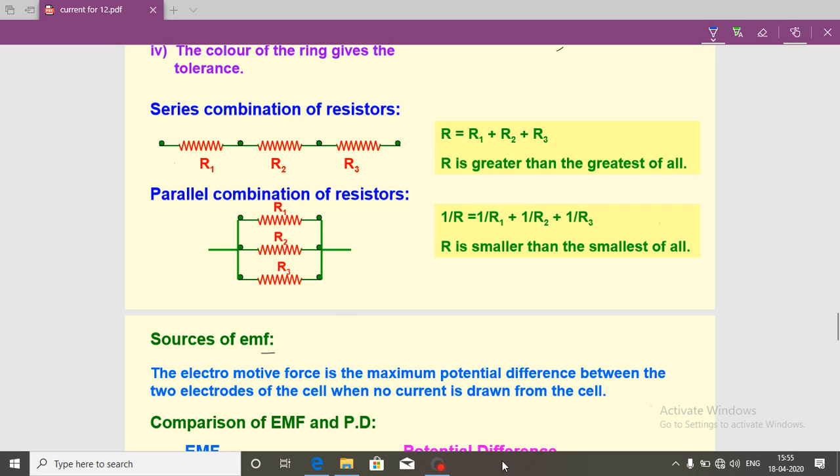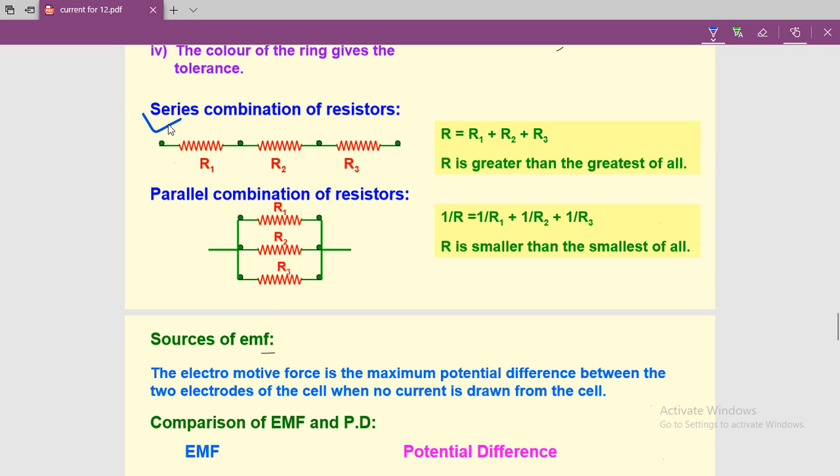Our today's first topic is series combination of resistors. You can see here, this one is our topic, that is series combination. Students, in the series combination of resistors, you can see there are three resistors, R1, R2 and R3. In this you can see that